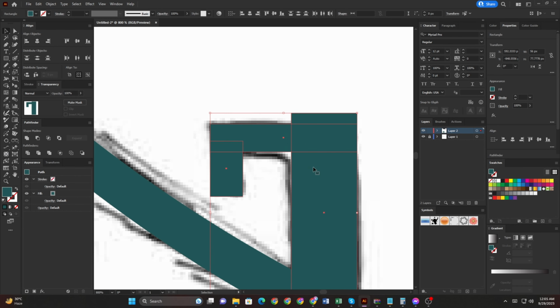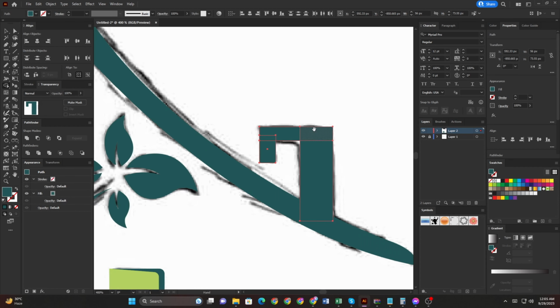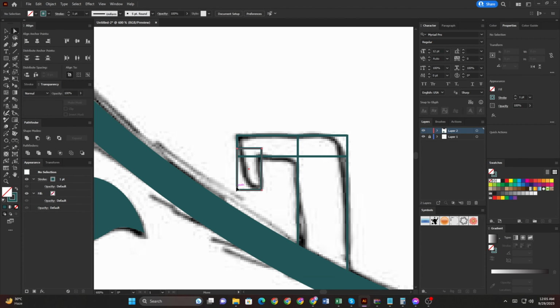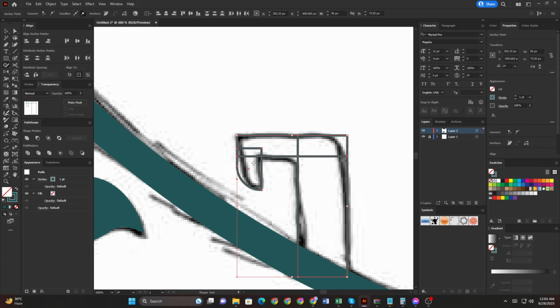Then select and extra side for remove. It's some rounded. OK.